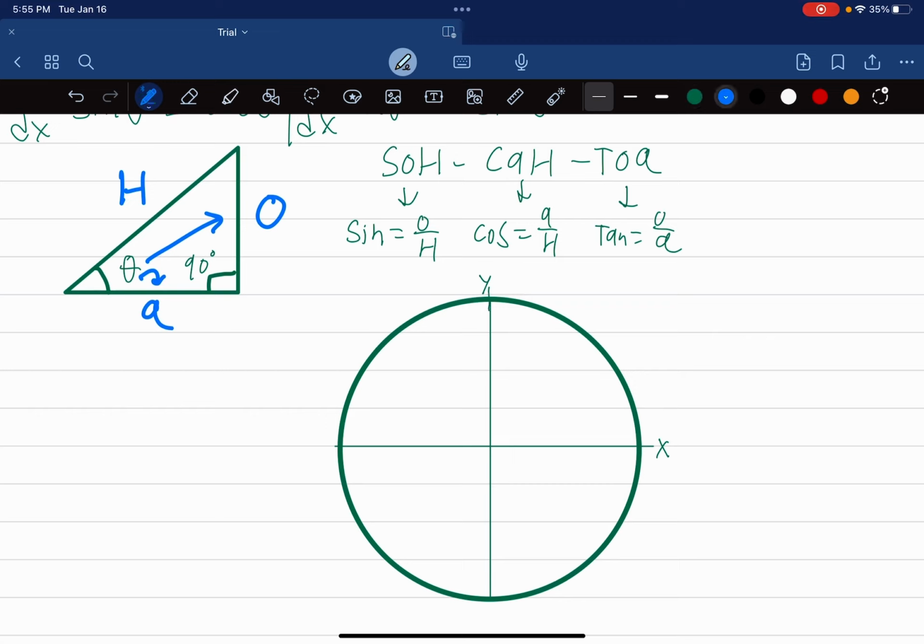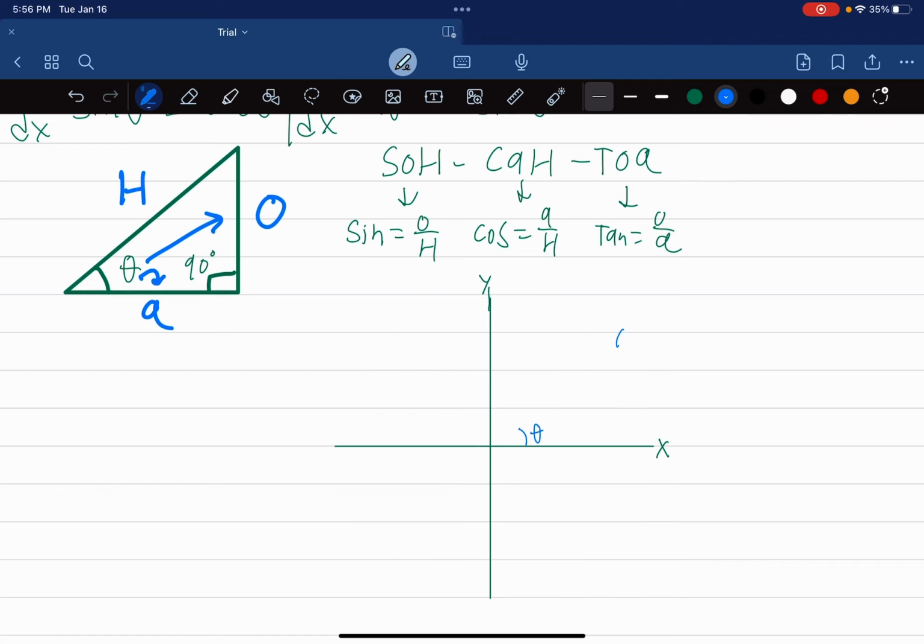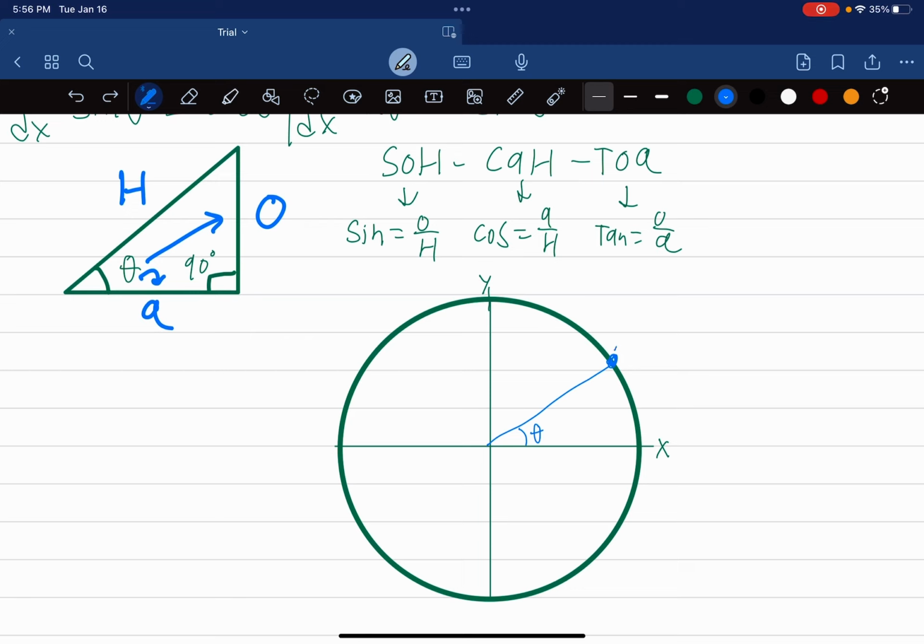Now, if you were to draw a random line here, this angle is going to be your theta, right? And this coordinate up here, guess what that's going to be? Beyond being your x, y, it's going to be your cosine theta, sine theta, which is your x and y coordinate,